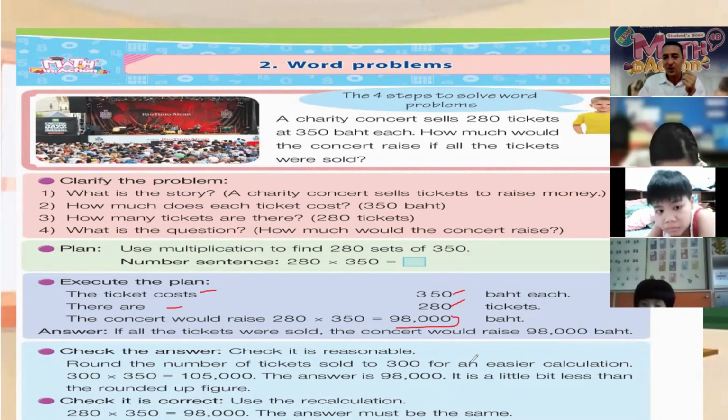Now you can check your answer. How are you going to check your answer? The rounded number of tickets is around 300, an easier calculation. So 300 multiplied by 350 is equal to 105,000. So the answer